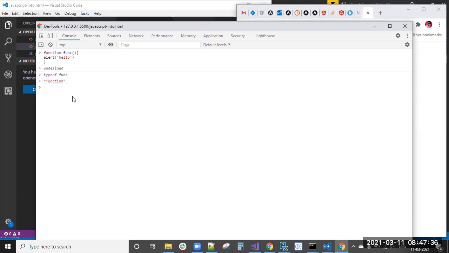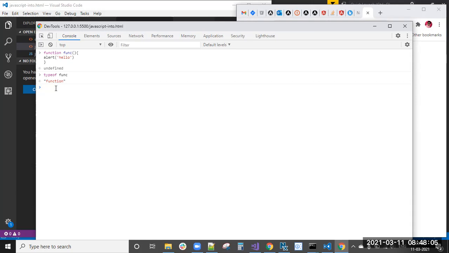For now, you can remember that we have different types of data types in JavaScript. What are the data types? Number, string, boolean, and functions, arrays, and objects. These all are data types only. We will see them one by one.